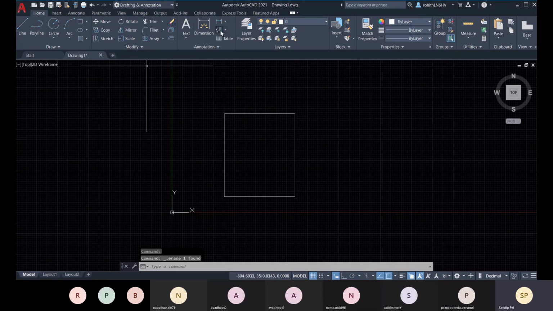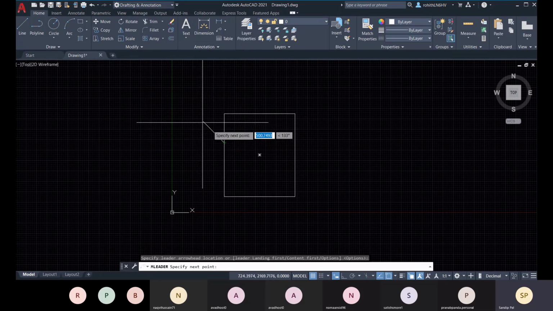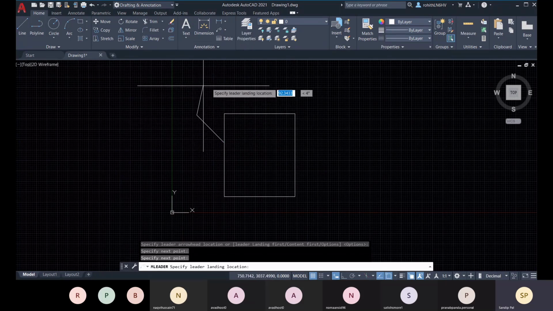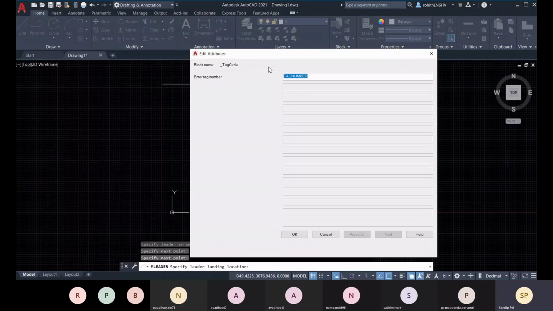When you create the next multi-leader, you will see this is the first point you have defined, then second point, then third, then fourth. Then you will have one tag number, that is the block. That is right now a variable, you can change this. This is like a block attribute. Within that block, your attribute is stored, so your attribute default values can be the variable.